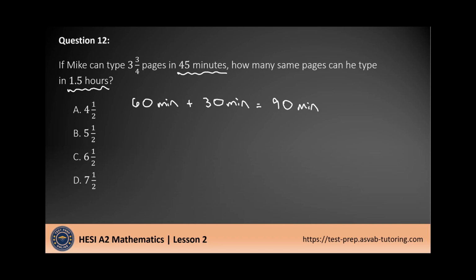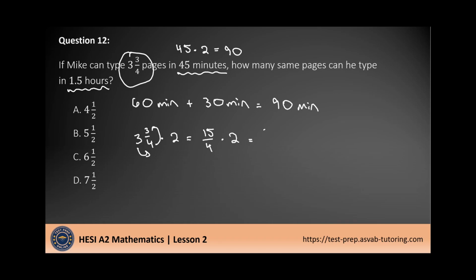Well, we know that 45 times 2 equals 90. So in 90 minutes, we're going to type double what we type in 45 minutes because it's twice as much time. So we're just doing 3 3/4 times 2. 3 times 4 is 12, plus 3 is 15. 15 over 4 times 2